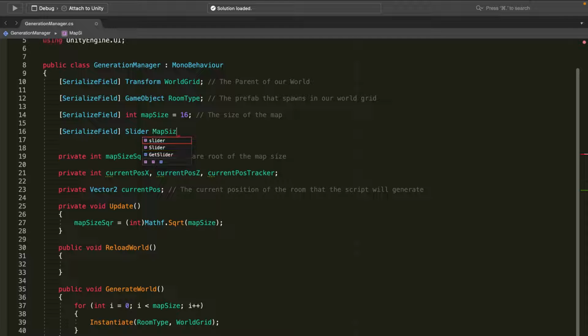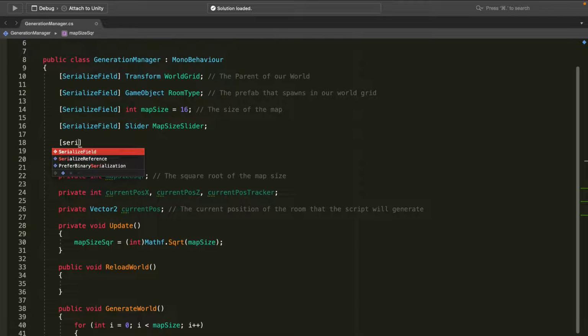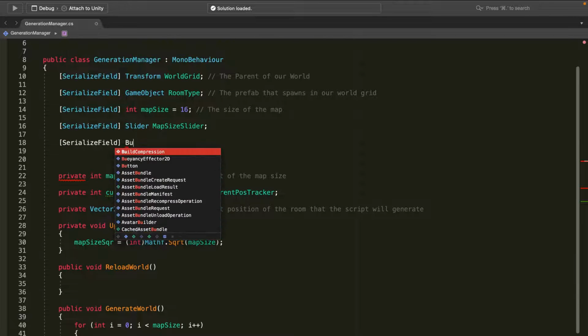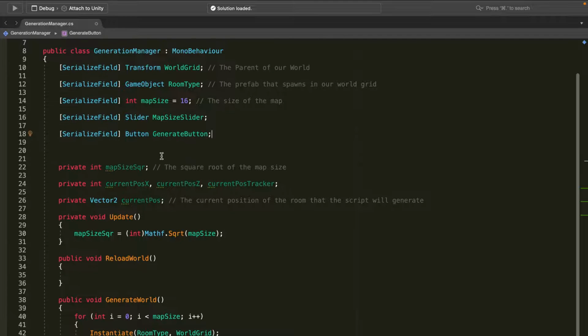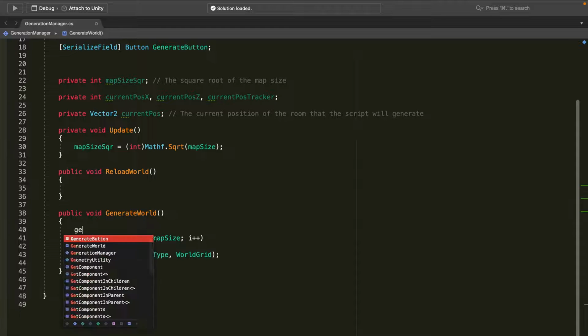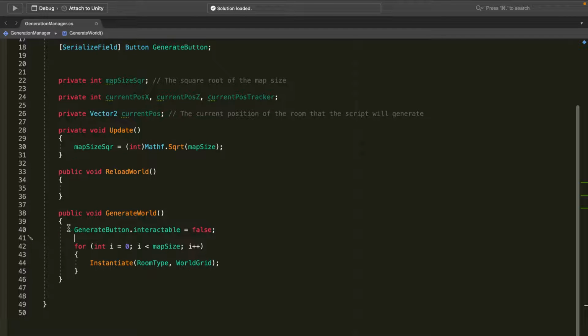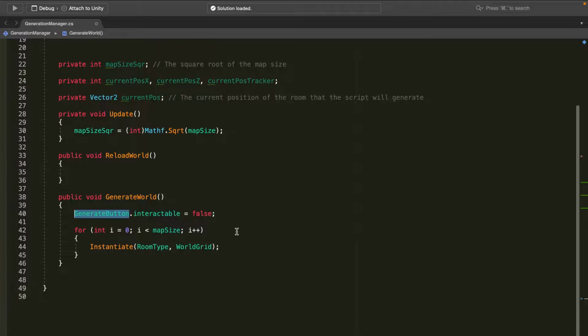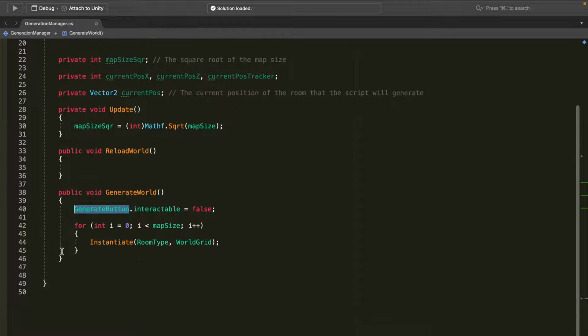So I'm going to say map size slider. And I'm also going to create a new reference to the generate button. SerializeField Button generate button. And in the generate world method, I'm going to turn off the generate button, generate button.interactable equals false, just so that our generate button can't keep being pressed and instantiating more maps infinitely, like I showed earlier, where I kept pressing it and it kept generating more and more and more boxes, because